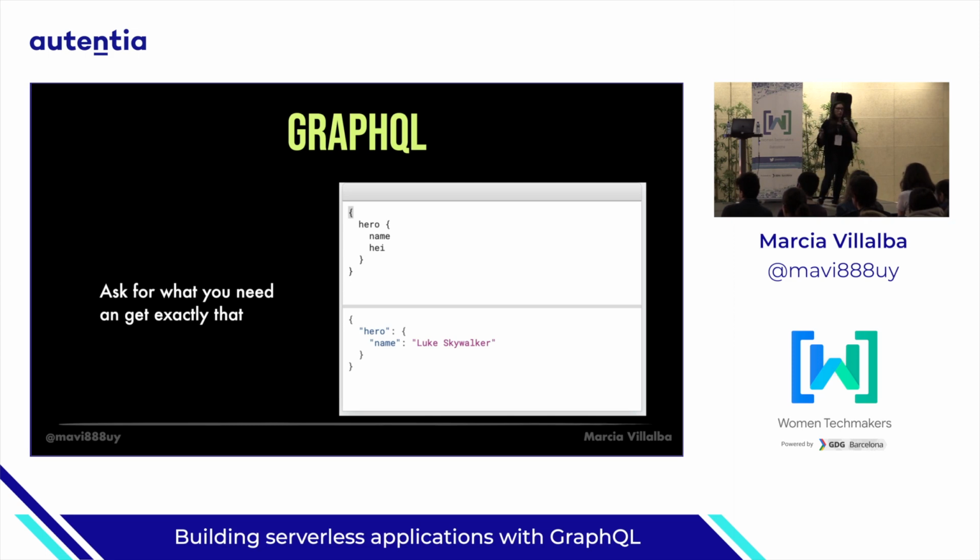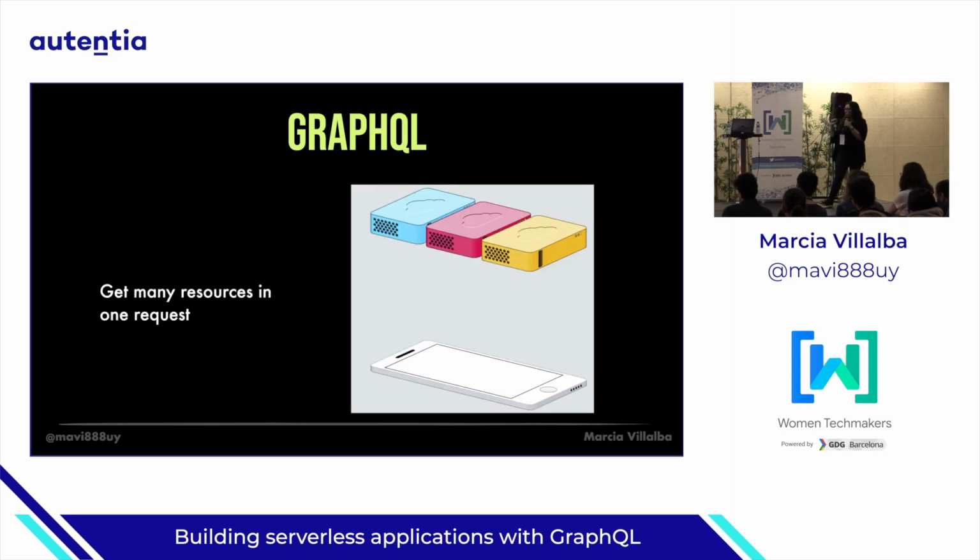And I love that. If you have a lot of clients, as we used to have in our project, then you don't need to provide special endpoints for them or give them all the information in one call. So the client can ask for the name and the height of this hero, and if they want later the mass, they will get exactly that. And you can remove fields if you want later or add more. And GraphQL supports that. So that's pretty nice.